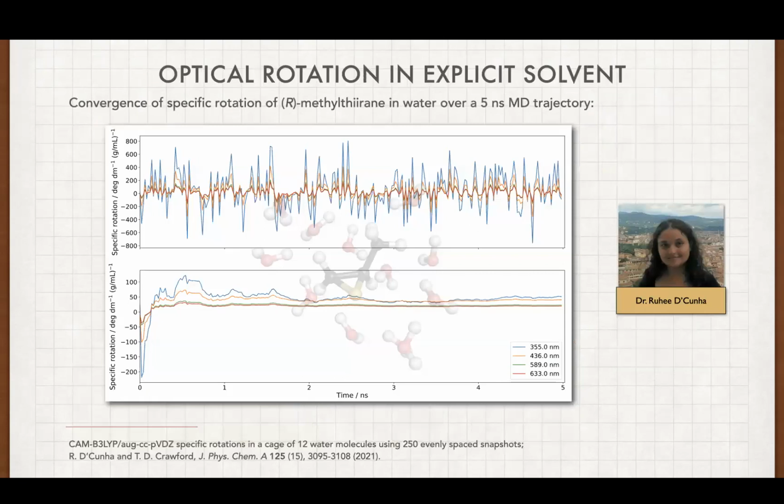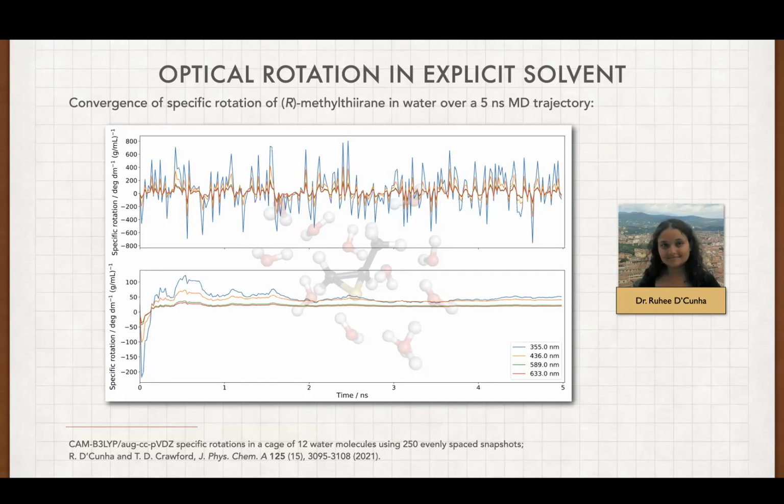So, explicit solvation. We've found that implicit solvent models are extremely ineffective in reproducing chiroptical properties. You get it right sometimes, but they're not reliable. And the reasons for this have a great deal to do with the fact that optical activity, and I'll just use optical rotation as a specific example, you can't think of as a property of the solute molecule being perturbed by the solvent. You really have to think of this as a property of the solute and the explicit solvent molecules in the local environment.